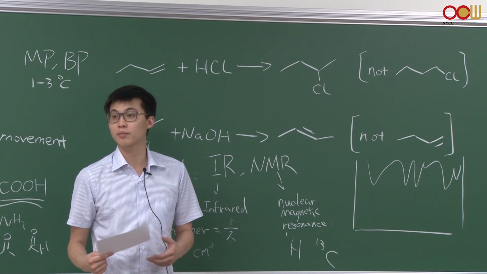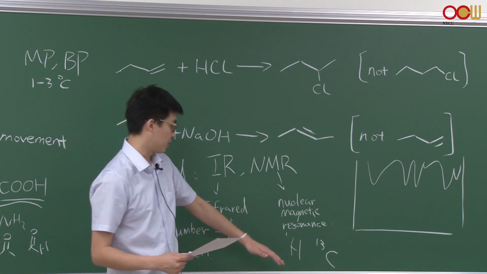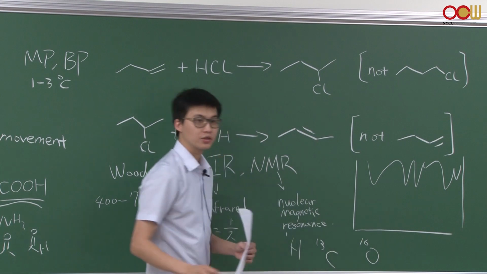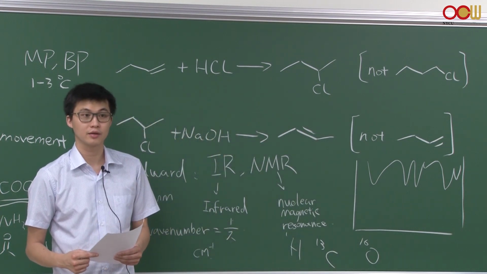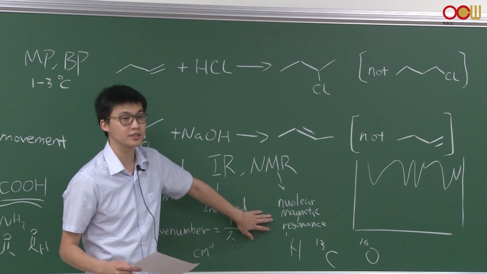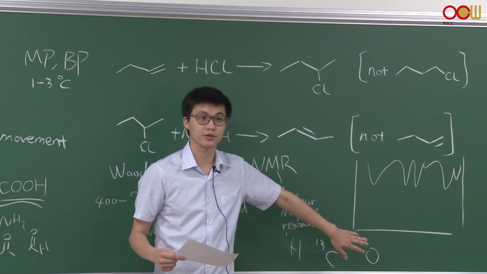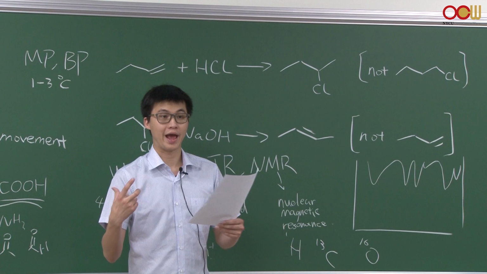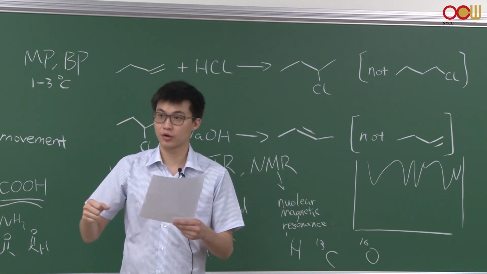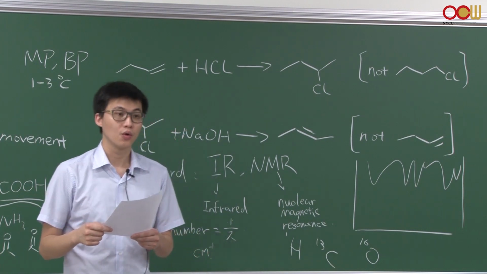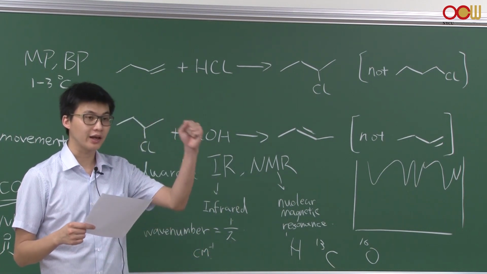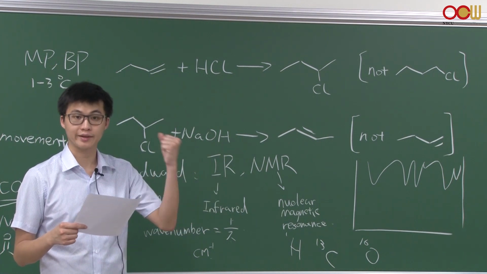Okay, so these are the fundamental properties of these elements. For example, if I have oxygen-16, there's no unpaired electron, right? There's no extra spin, so in a nuclear magnetic resonance setup, it's not going to give any signal. If you think about what an atom looks like, you have electrons moving around the nucleus, right? Under a very strong external magnetic field, because these electrons are moving around, they also act like a little